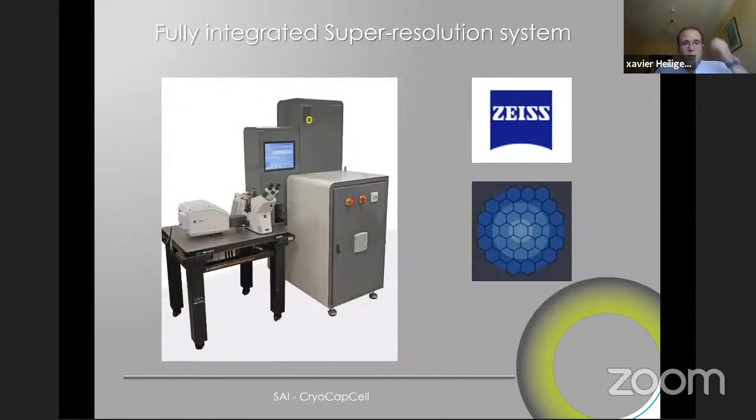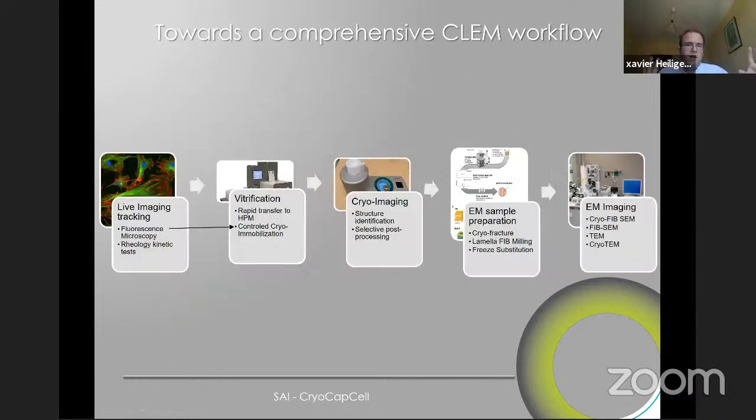Okay, so this system has been completely integrated together with a Zeiss microscope, as you can see here. Here we have the microscope, which is an AiryScan system, connected to our machine. So basically we can do live cell imaging in super resolution conditions, which is a critical question. You want to see your sample and you want to see critical events before you freeze it. And then we can transfer and freeze the system. So we now have a commercial system, which the company that I'm representing is selling, which can be connected to a live cell microscope. You can do live imaging of your sample, and then at some point you just vitrify the specimen.